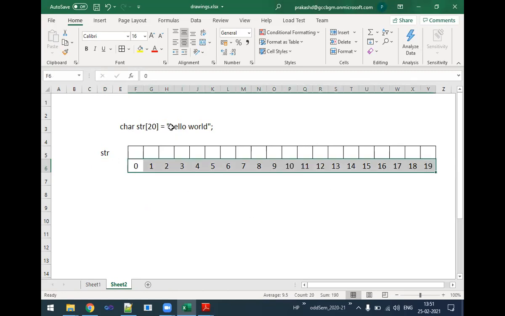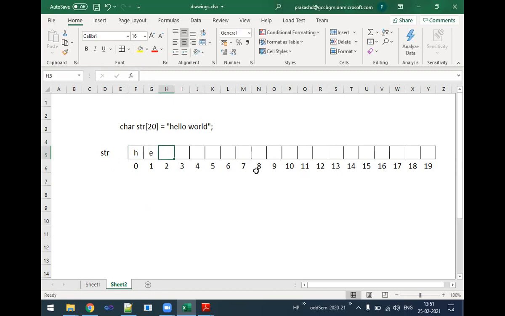Okay. Now, when I say this, write hello world, what is going to happen? First position, what character will be stored? H. Then E, L, L, O. Next, space. The next character here, fifth position index value, it is going to store as a space itself. And then next, W, O. Now, 11th character at the index value 11. Now, what is it going to store? Null character. Very good. It is going to store null character.